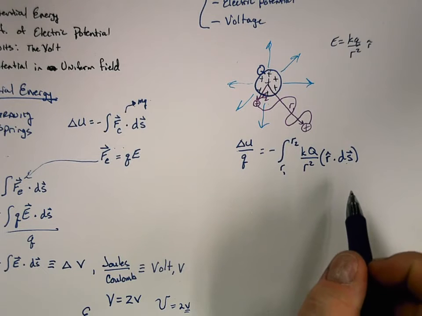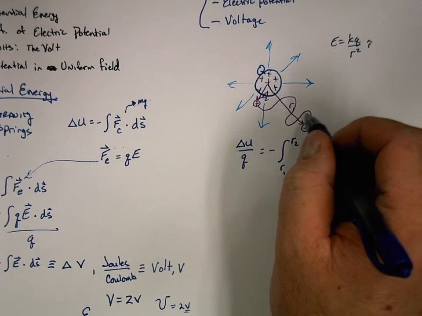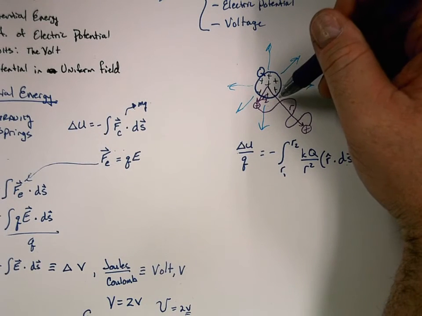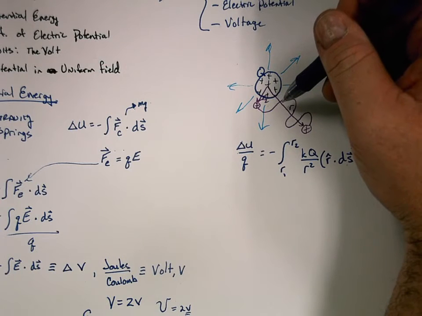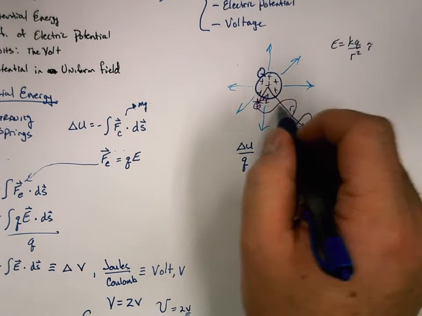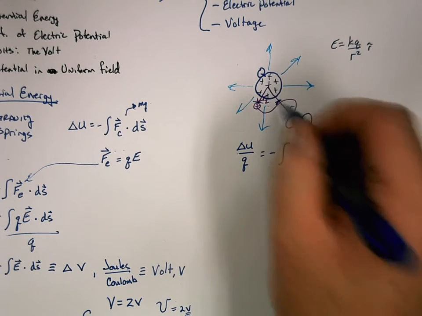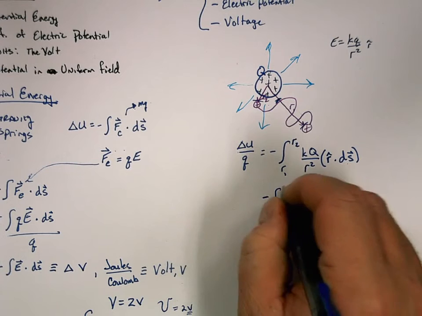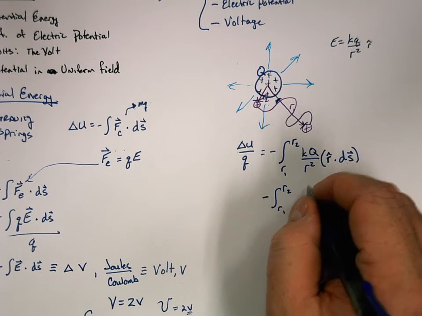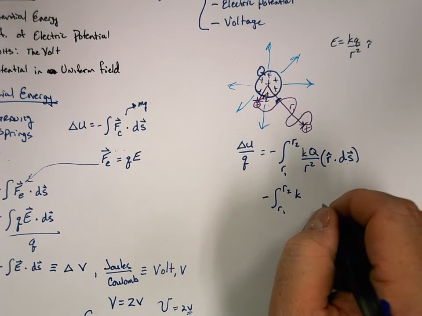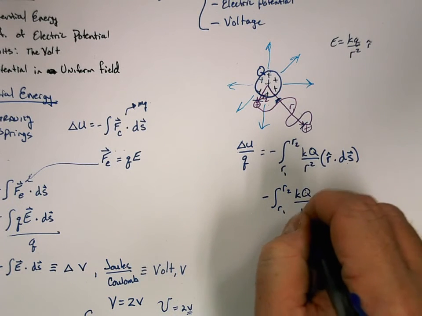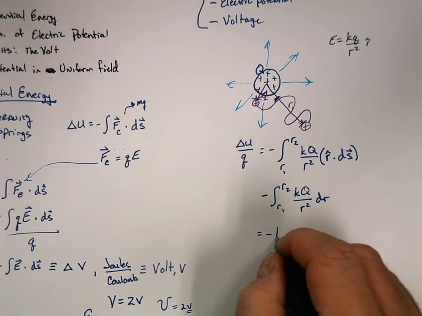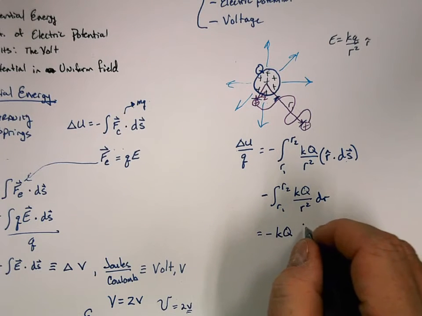As we move through here, what is the change in the r hat direction? How much closer do we get? Okay, it's just dr, right? This distance here is our total change in r. So we're going to get KQ over R squared dr. Well, this is a constant, so we're going to get KQ, and then we're left with